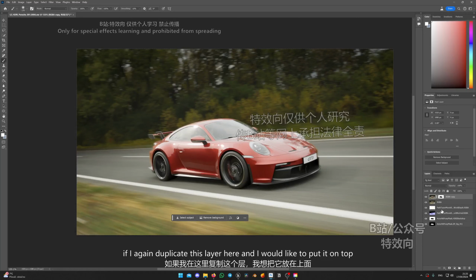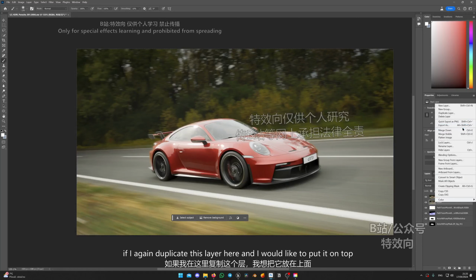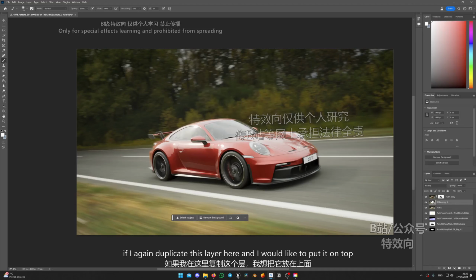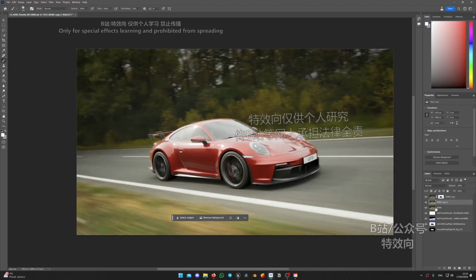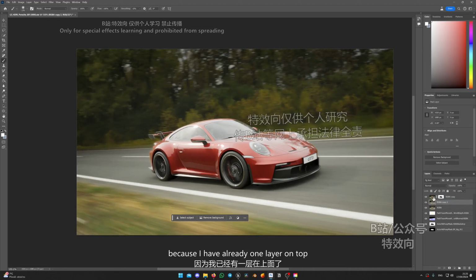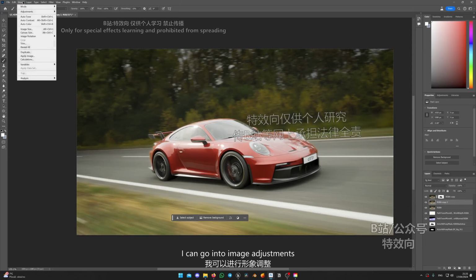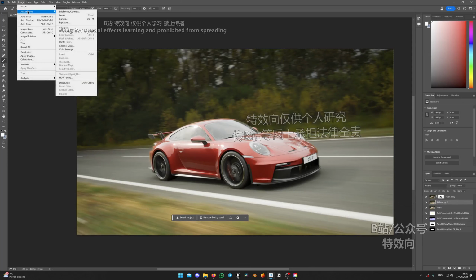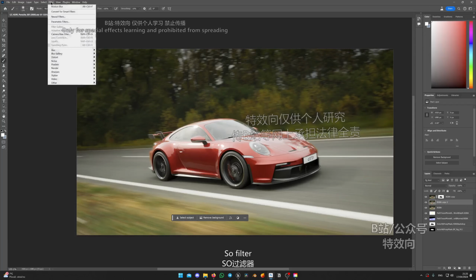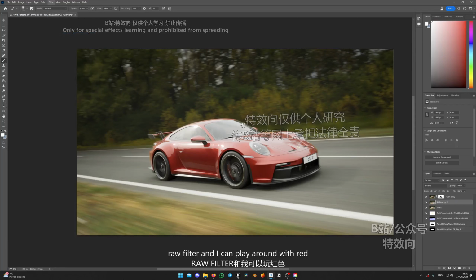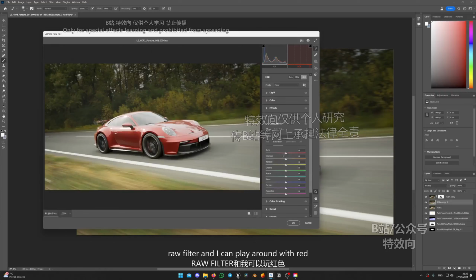And for example, if I duplicate this layer here, and I would like to put it on top, or I will keep it there actually, where it is. And here, because I have already one layer on top, which is basically disabling anything else, I can go into Image, Adjustments, or a Camera Raw filter. So Filter, Camera Raw Filter,